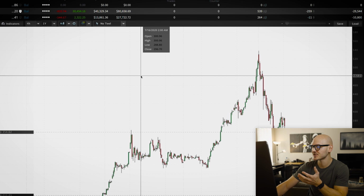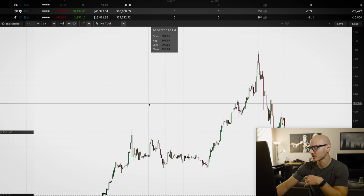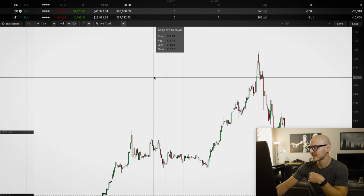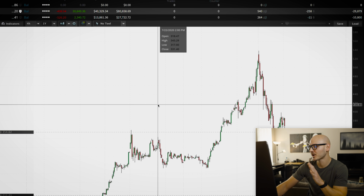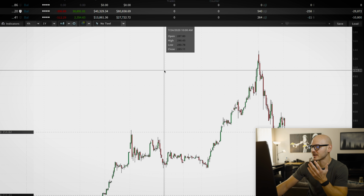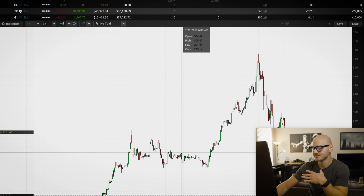So I essentially purchased the at-the-money put, which was the 480 put at the time, and then I shorted 2 of the 420 puts and purchased 1 of the 360 puts. And the best case scenario for that position is if Tesla continues to slide and ends somewhere close to $420 a share when those options expire. But what happened was Tesla actually collapsed way below that put butterfly spread,